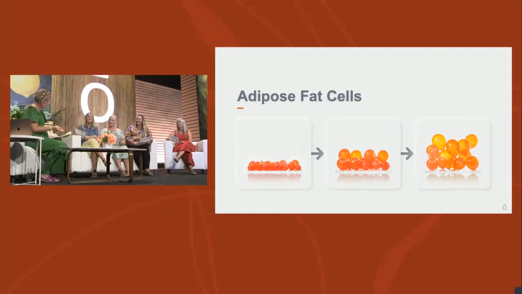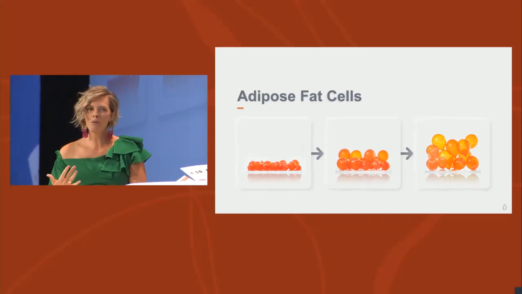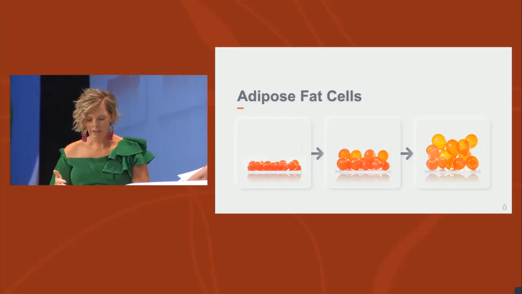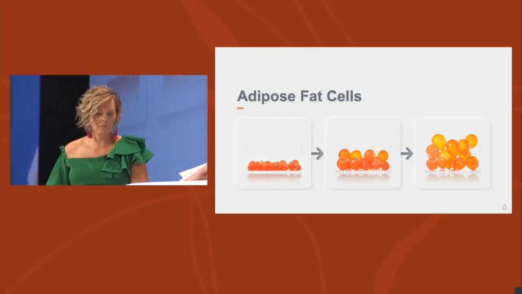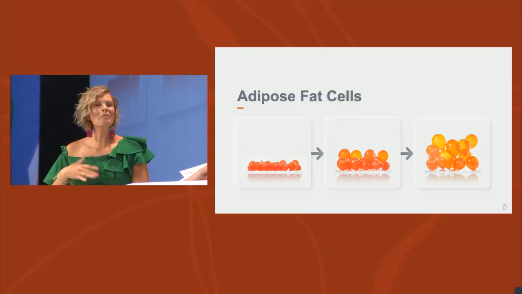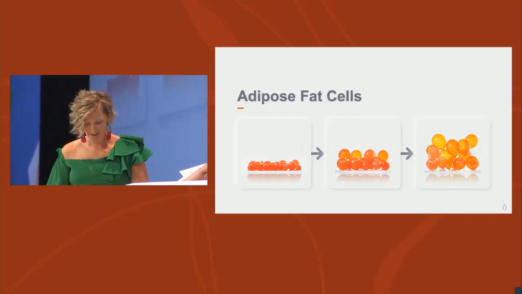So fat cells grow when they retain droplets of fatty acids, usually because we're consuming more food and calories than our body needs. So if you look at this, you'll see there's 3 piles of balloons which represent fat cells. The first one on the left is fat cells before they're full of fatty acids. That same pile continues to fill up with fatty acids, and then of course look at how much more space it takes up when it's filling up. And then of course we have the fat cells that are completely filled with those fatty acids.